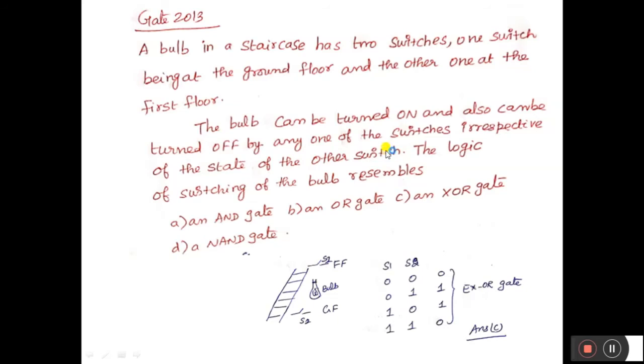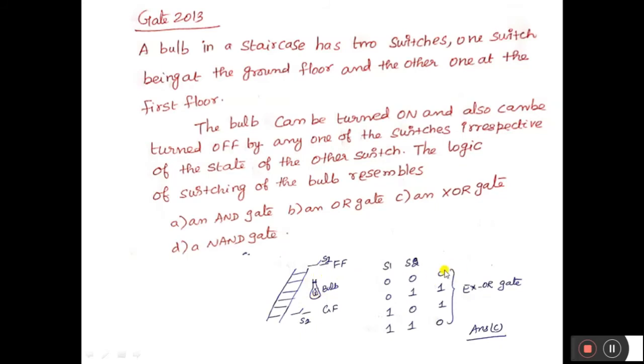In general life, we are using this staircase switch, but they ask this as a question. So consider this the ground floor, which is S2. Consider this the first floor, switch S1. In the middle, I connected a bulb. Now first S1, S2, and the bulb value. If I switch off S1 and S2 together, the bulb won't glow.